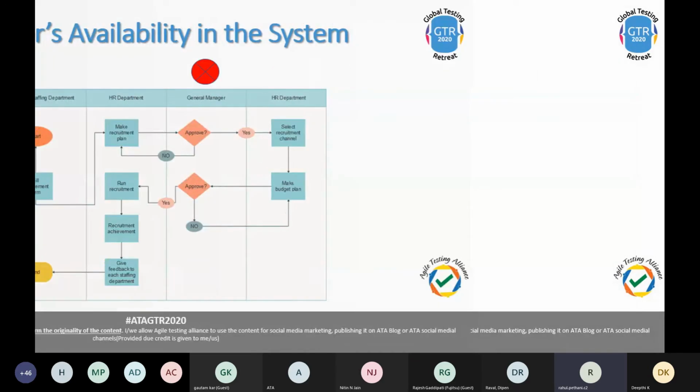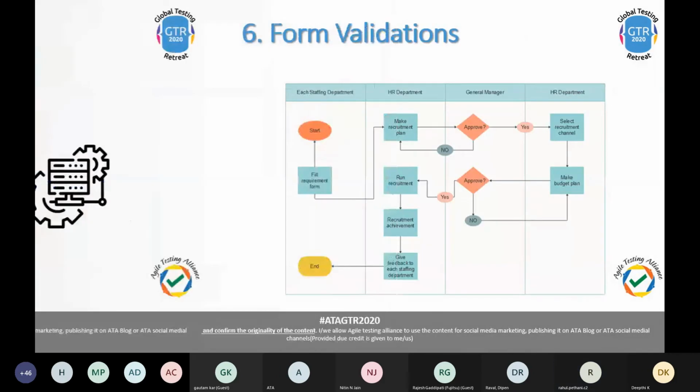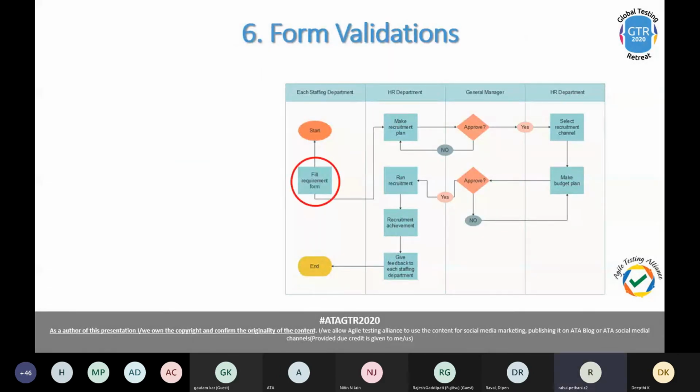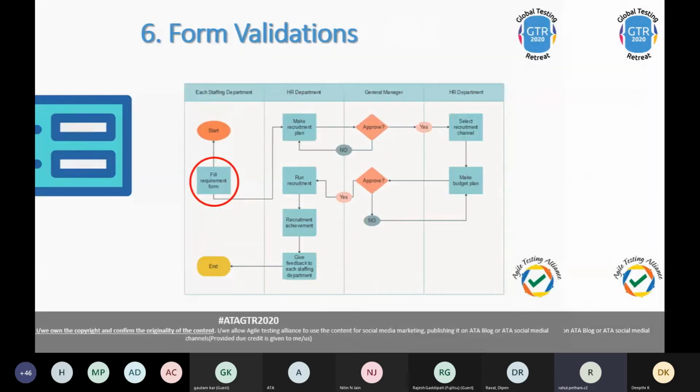If not, you must ask back the business what is to be done for such kinds of cases. Integrations: there may be certain integrations with third party systems. So at which stages those integrations are in place and what are their provisions? Next is form validation. A workflow may also have certain forms to be filled up. Very simply, you need to ensure that the form would have a certain number of fields. Are there validations defined? Are all the activities surrounding the form intact in the requirement document, and have all the tests been covered? Okay.